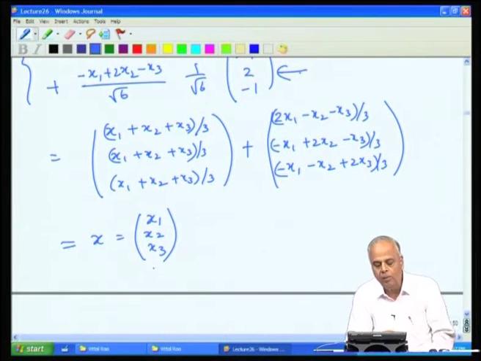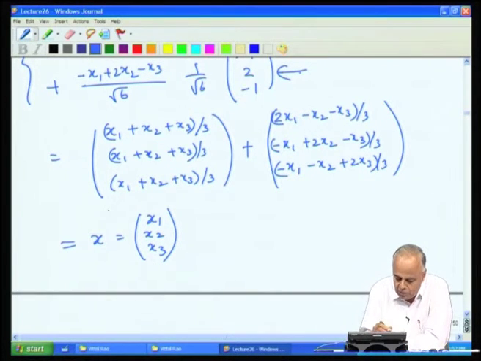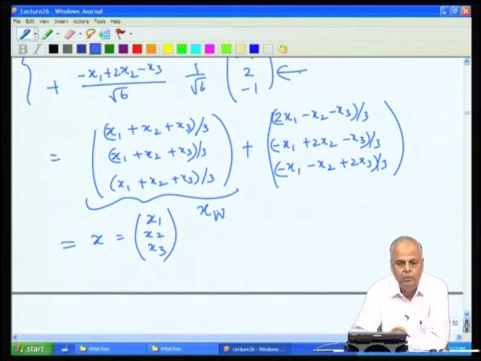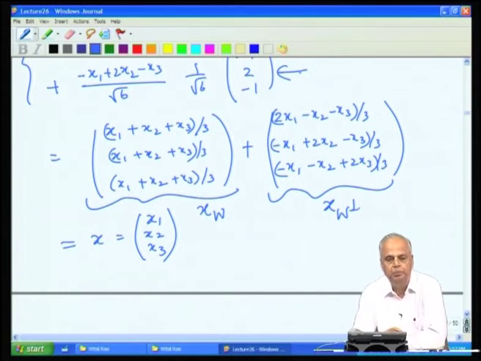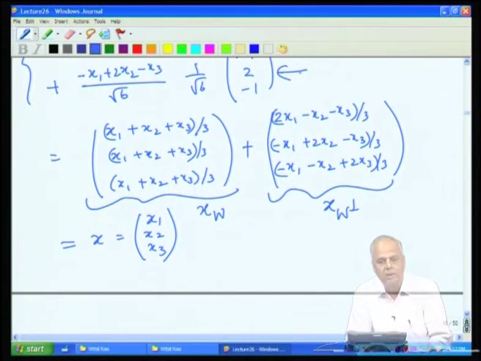So, thus we have the vector x has been split into two parts. This part is the x w and this part the x w perp. So, every vector x can be split into two parts, one part belonging to the W space, the other part belonging to the orthogonal complement. For example,